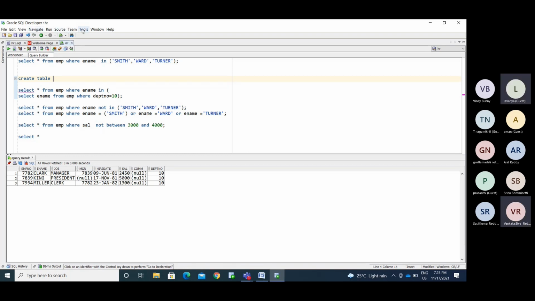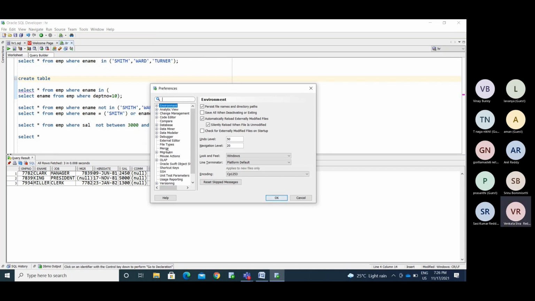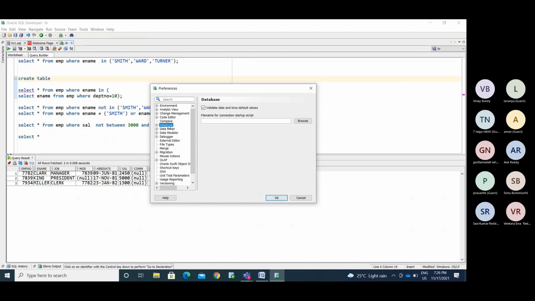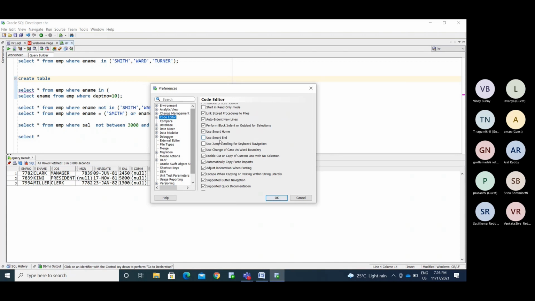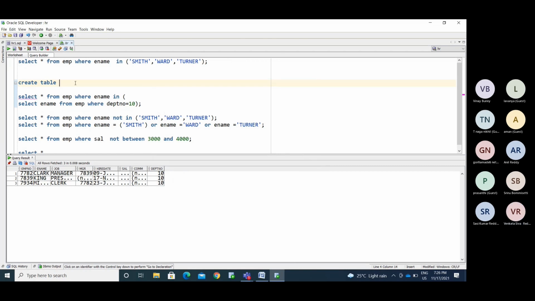Okay, I will do it. Now first I am creating a temporary table with some details.